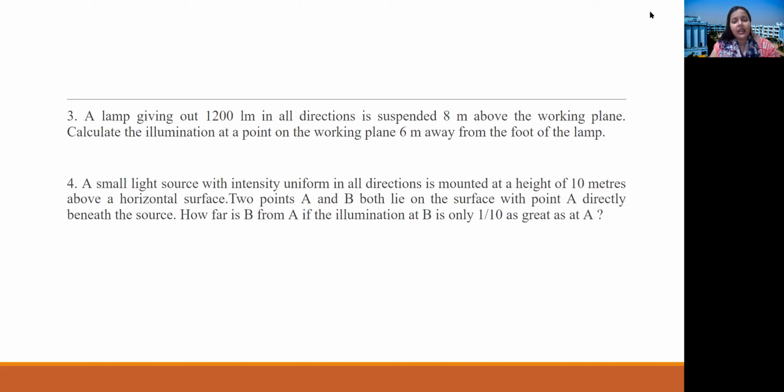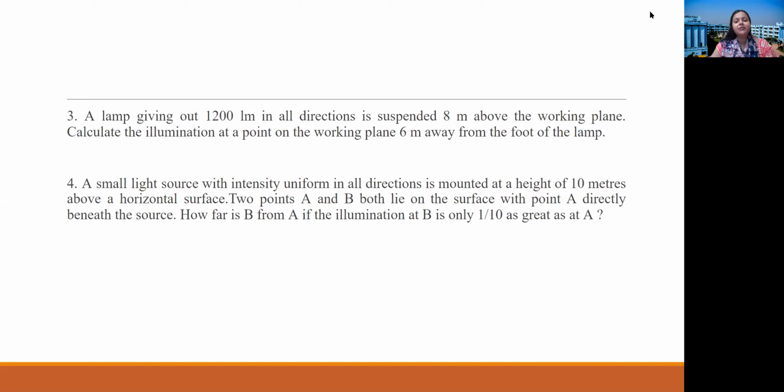Let me again tell you. A lamp giving out 1000 lumen in all directions. So lumen here is given as total flux. Also, you can find your intensity. Now we need to determine illumination. The formula of illumination is E equals I by D square into cos theta. Now what is I? This is MSCP. So MSCP will be total lumen divided by 4 pi. So we can have our I.